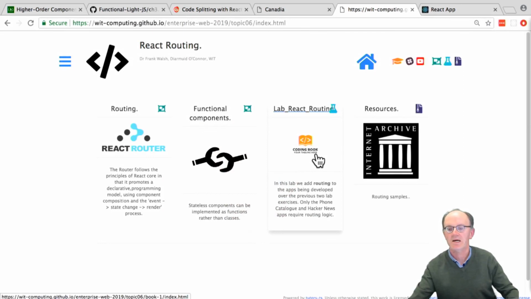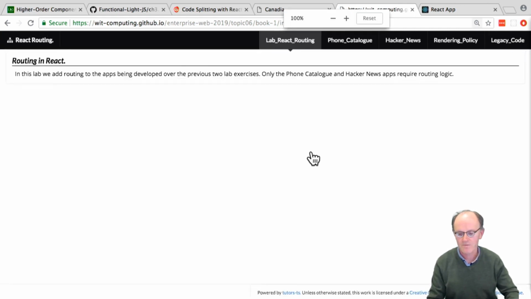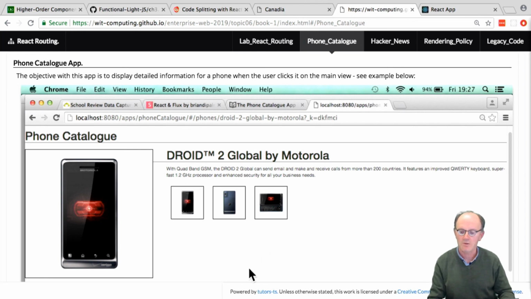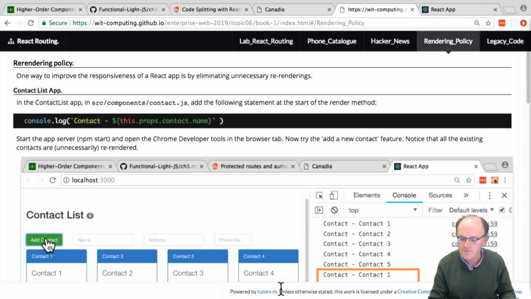And then the lab is implementing. Sorry, if I just go back to the lab. So the first section is implementing routing in my phone catalog. Second section is implementing routing in the Hacker News. The third section, I have to remind myself what's in the third section. Oh yeah,